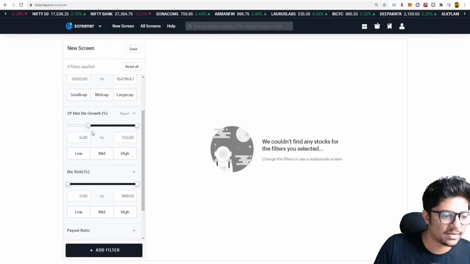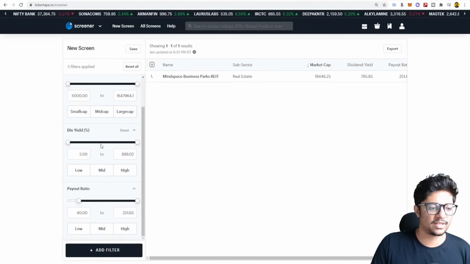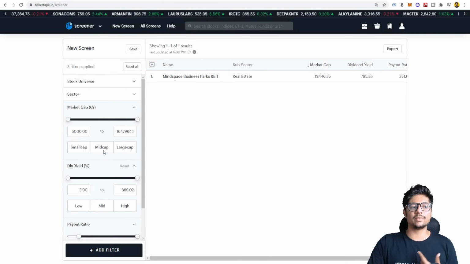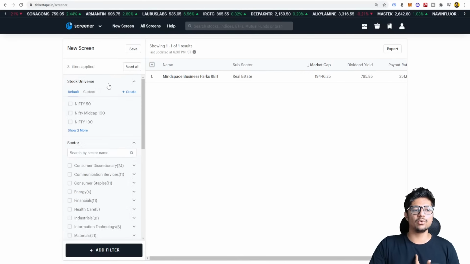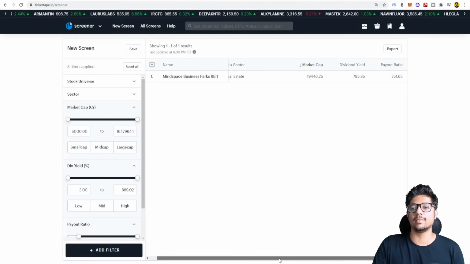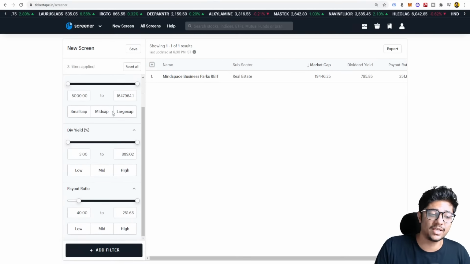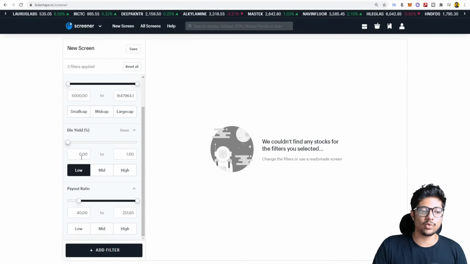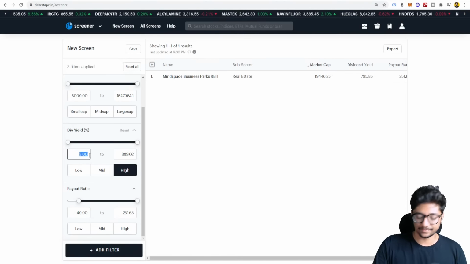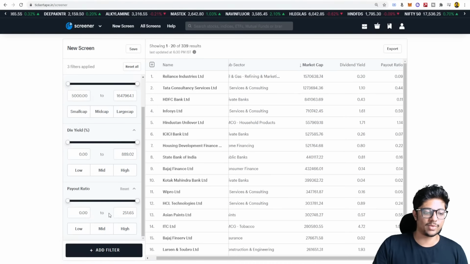One second, something is not right. Actually, this you don't need. One sec, this you don't need. These two things are very good. Now here, when you do something like this, it directly shows you the Mindspace REIT. Why? Because REITs are predominantly supposed to give you good dividend payout ratio in the past. So a lot of people are investing in REITs also, right? But if you don't want that, assume you just say dividend payout ratio, which is too much here, just put it 0.